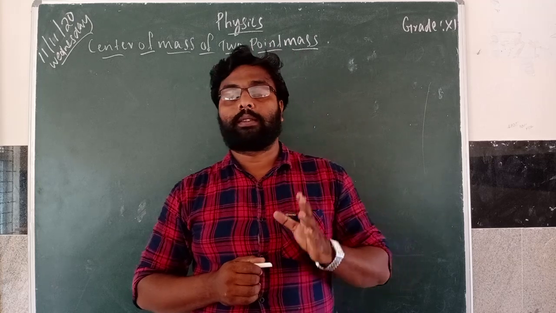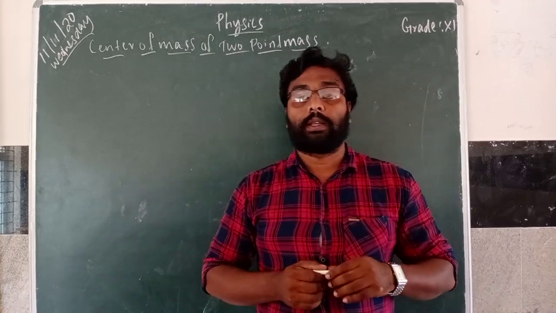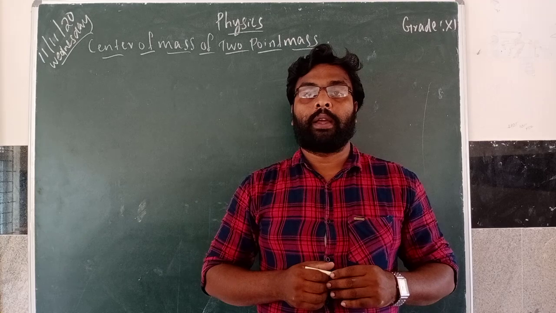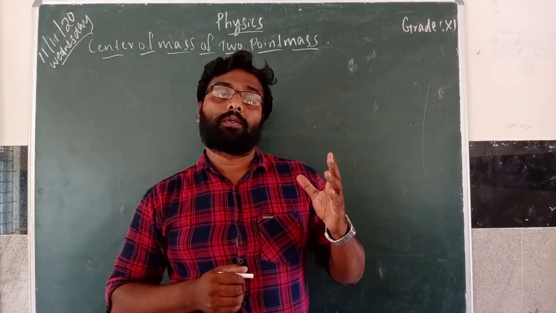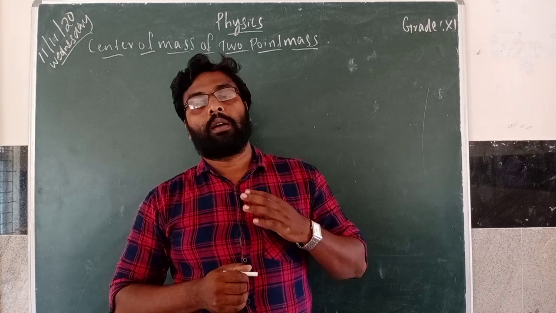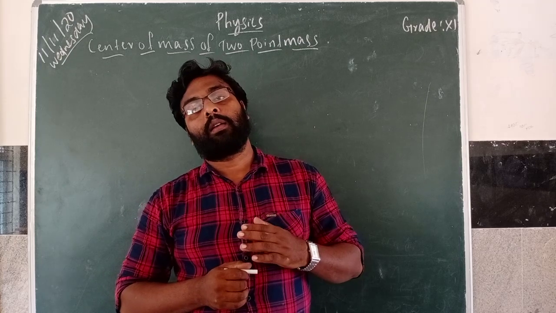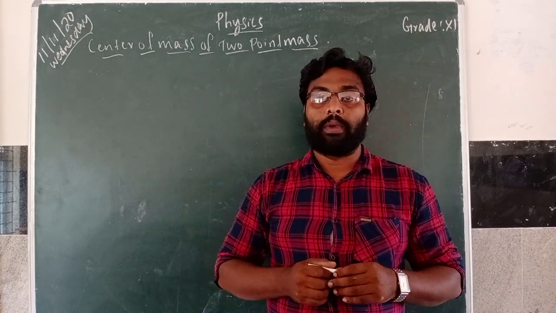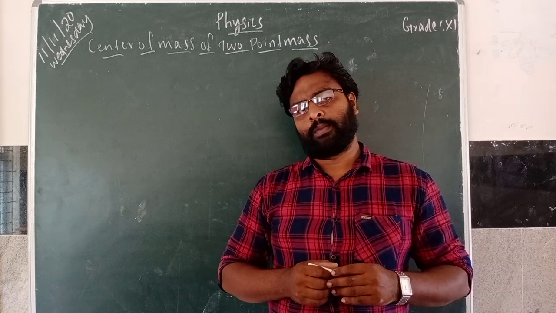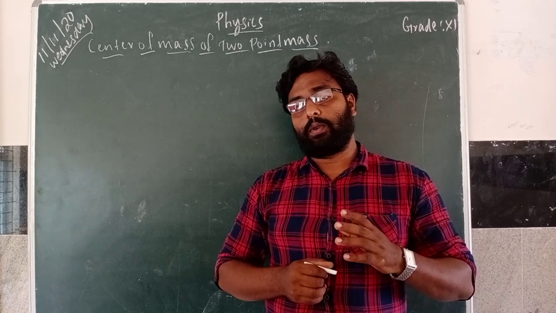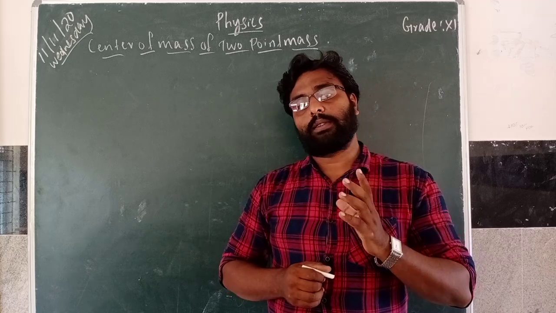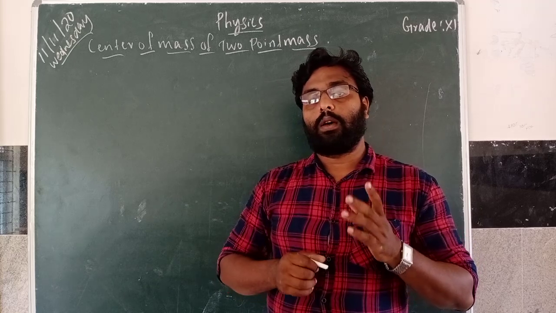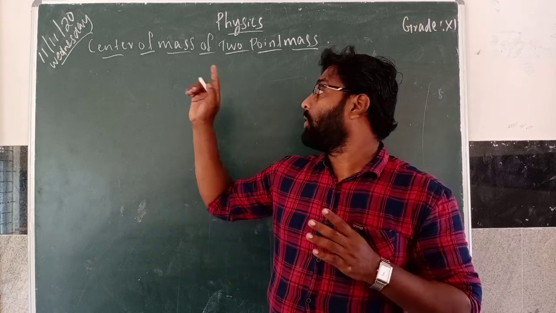For the x coordinate system, xcm is equal to sigma mi xi by sigma mi. Or you can write xcm is equal to sigma mi xi by capital M. M means the total mass. By using this center of mass equation, now we can find